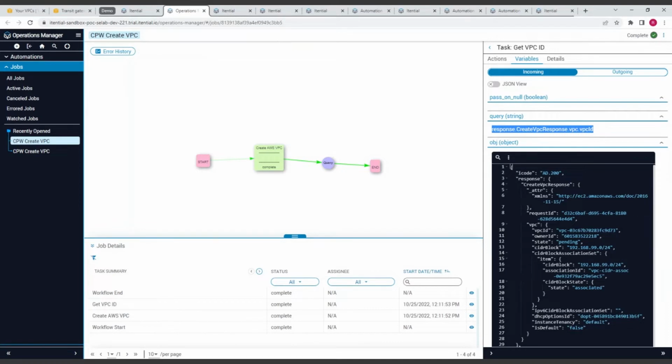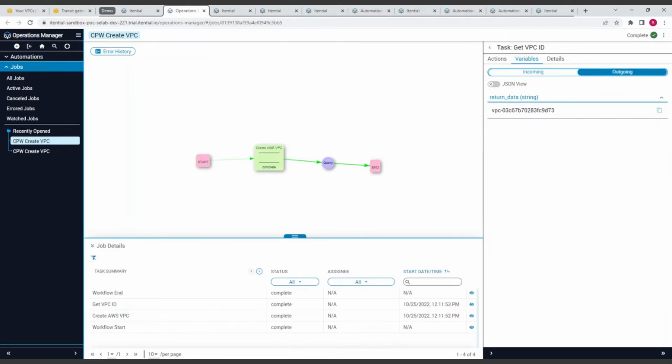So this object called response, it's going to go down the tree, create VPC response, which is this next level on the tree, VPC, this next level on the tree, and then VPC ID. So that gets us the data we need right from the source as well. And so it's going to output that as an individual standalone variable that can be used now later on in subsequent